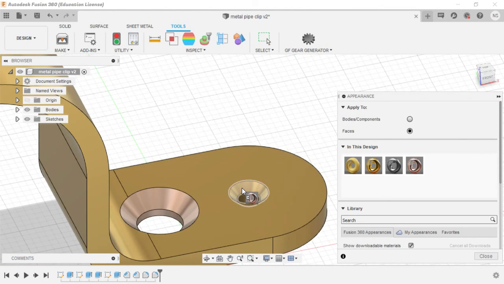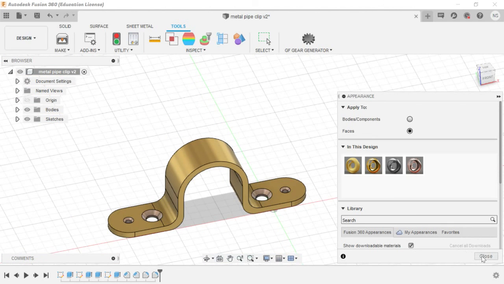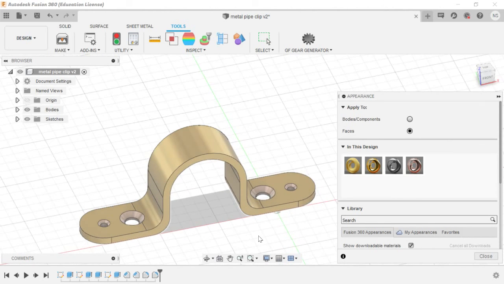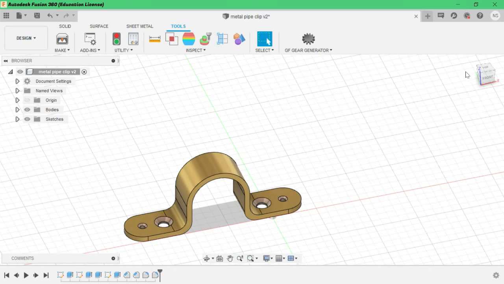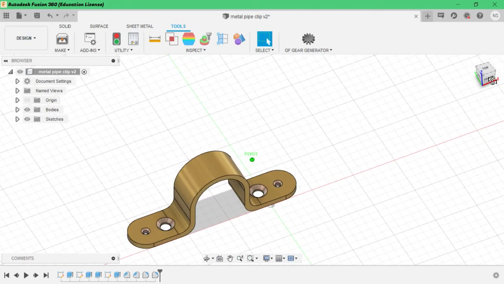Copper. So everything is done, and then just see how it looks. Okay, then clouds. It looks great, right? It looks like metal bracket.